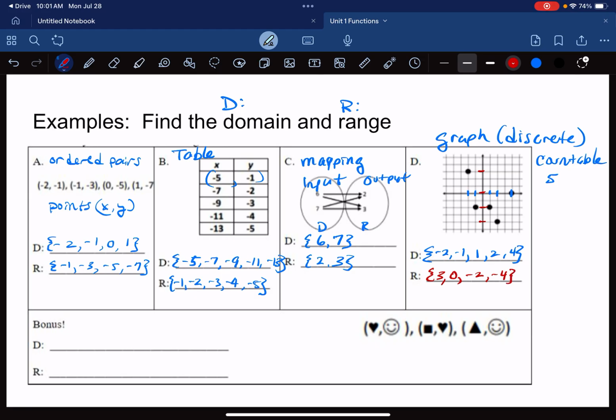So if you were to write the coordinates of this point, it is -2 on the x, and it's at +3 on the y, and so that would be the ordered pair. So -2 would be the domain, and 3 would be the range. And you simply do that with every point there. This point here, it's got an x of -1 and a y of -2. So my third pairing then is